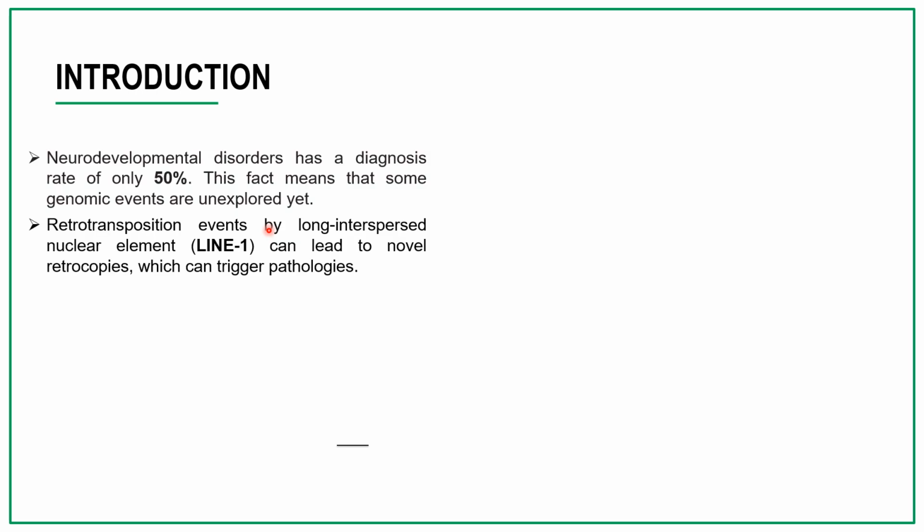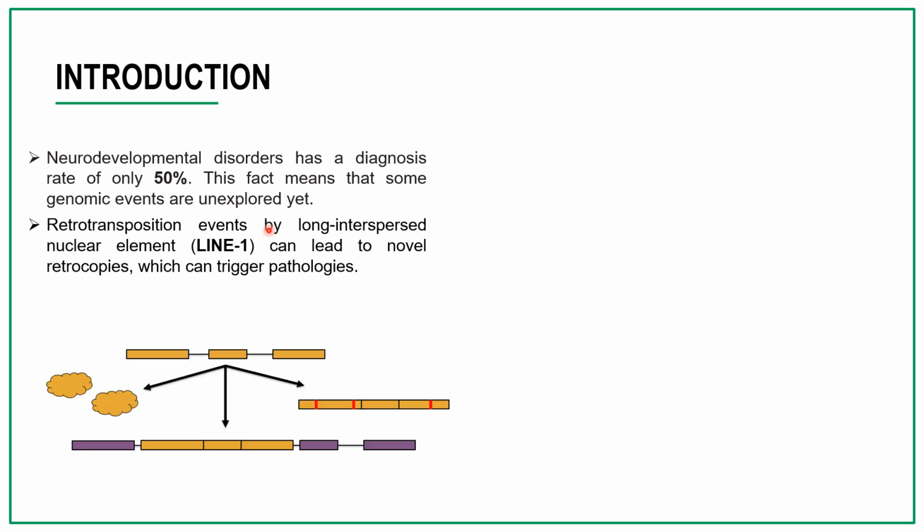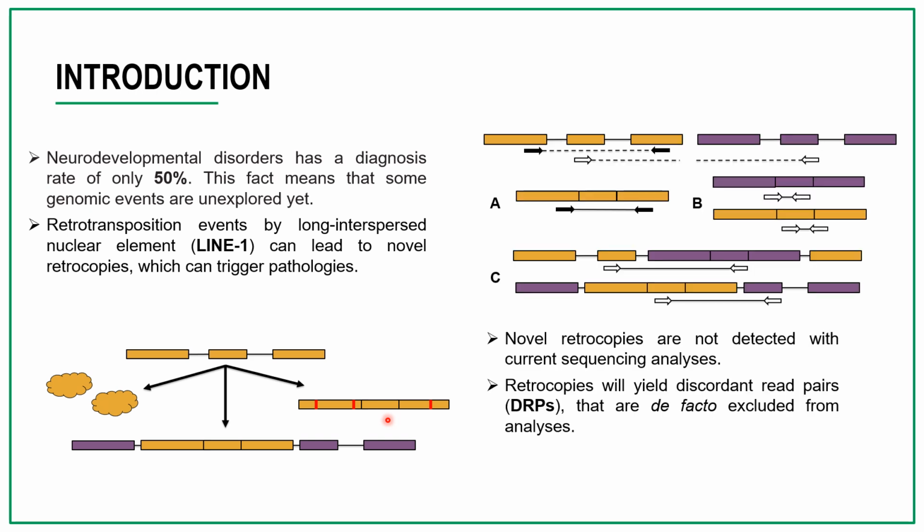In my project, we are working with a neurodevelopmental disorder cohort because these disorders have a diagnostic rate of about 50%. That means that some genomic events are not explored yet, such as retrotranspositions by long interspersed nuclear element LINE-1. It can lead to multiple pathologies in multiple ways, such as overexpressing proteins, perturbation of another gene, or a mutated retrocopy. Those events aren't currently identified by a typical whole exome sequencing analysis because their associated reads are considered discordant